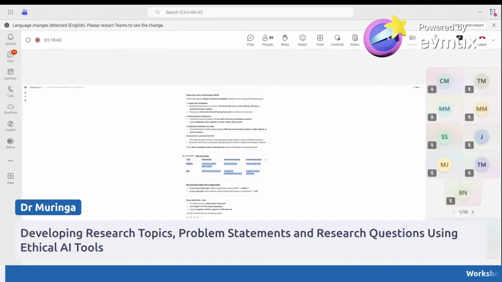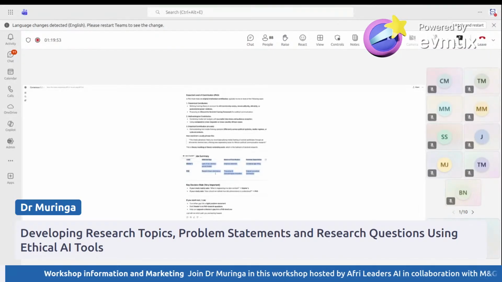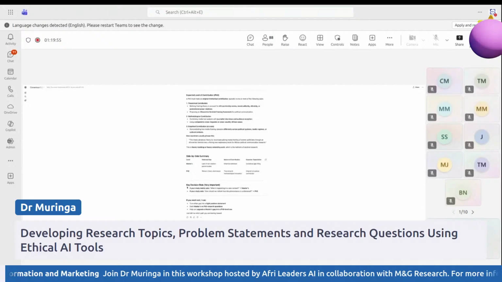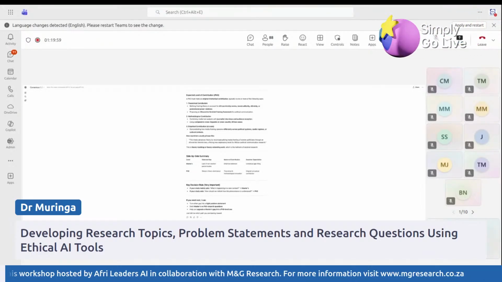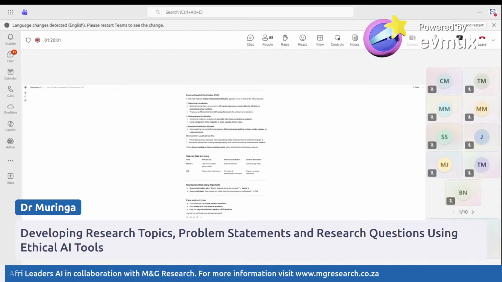we want to now develop a problem statement, a research problem from this gap, right? So we have our gap. You choose which gap you want, right? I can say now in one paragraph,